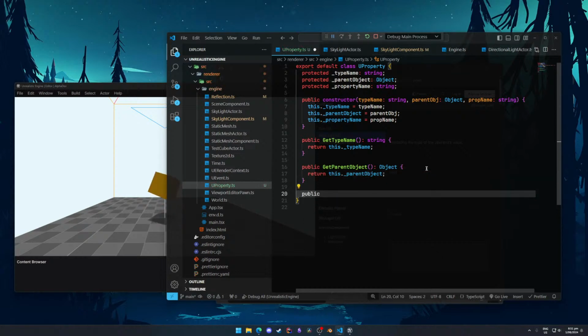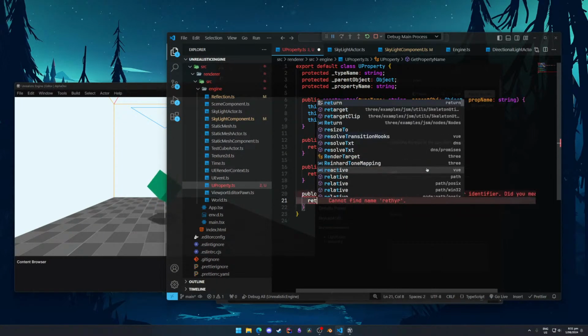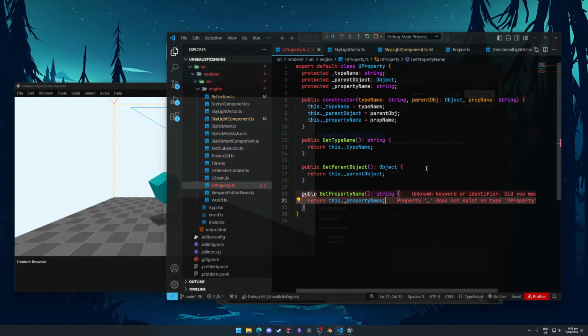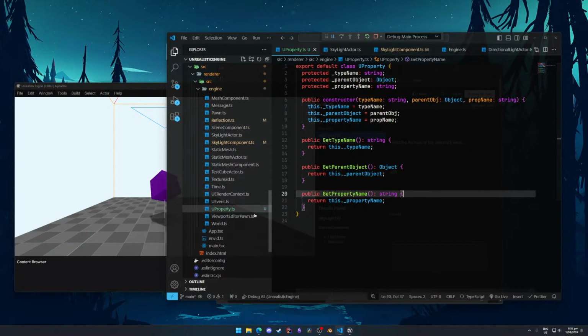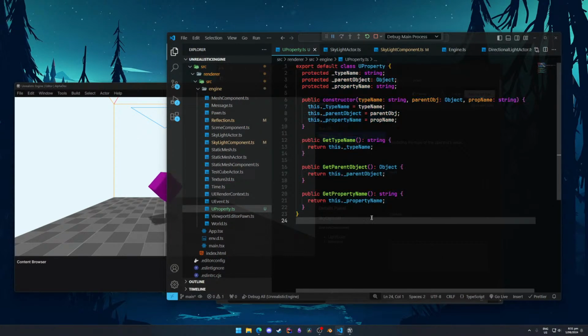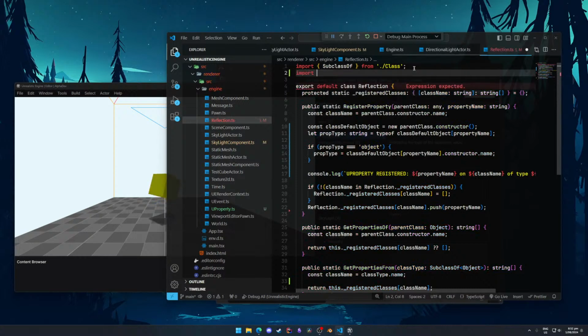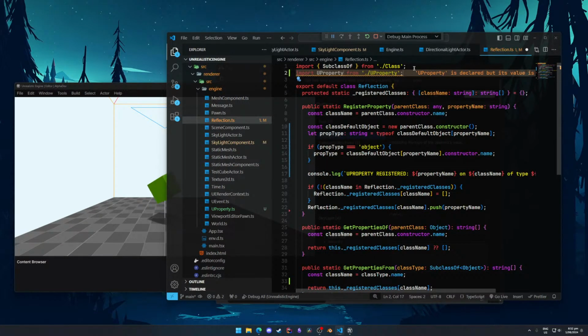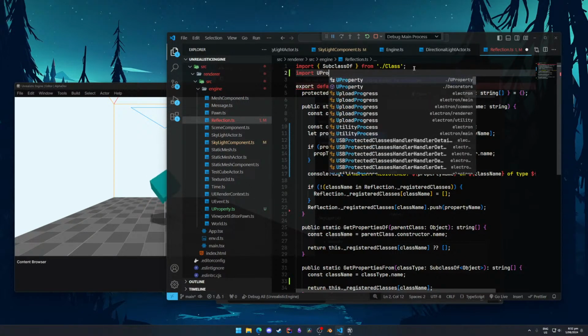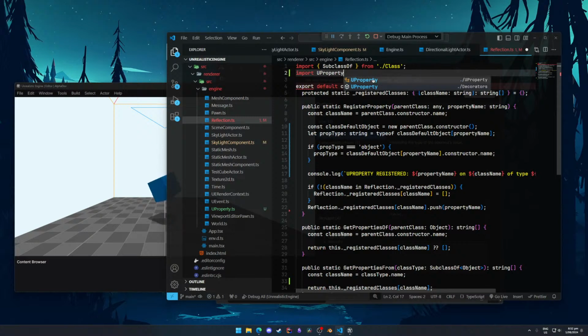I should also probably use getters for these, but get property name, string, property name. Whew, okay, so now we have this data type in our reflection. Yeah, it's a little amazing we have both of those, but